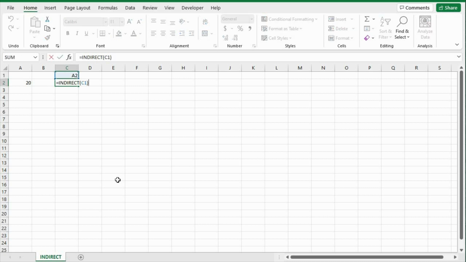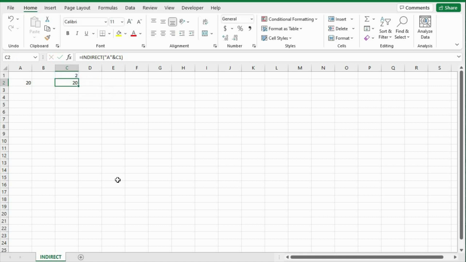Now, another way to use this is if this cell just had a 2 in it, and we entered something like this: INDIRECT, give me "A" and 2. So that's also going to bring me back the cell contents of cell A2. We're just showing Excel that this is text by putting quotation marks around it, and we're combining them together using this ampersand. So it's the same as just saying A2, and it's going to bring us